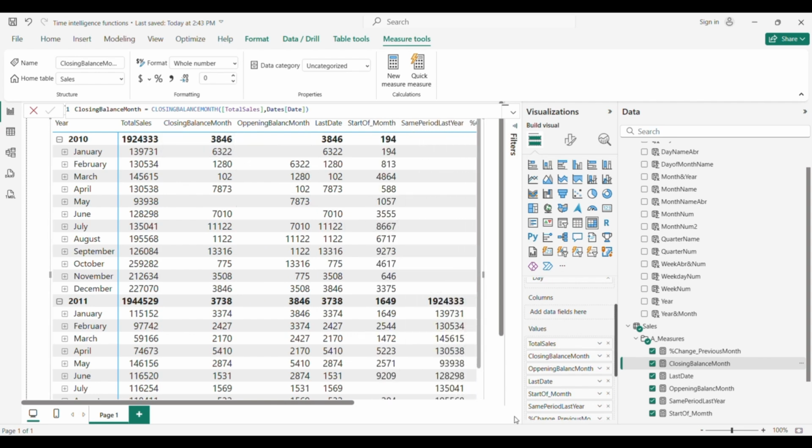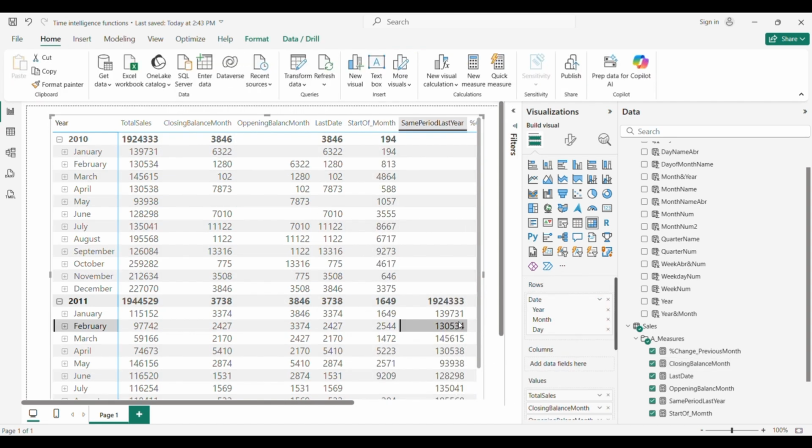So we have now closing balance month, so actually it's the same thing as last date, so we get the same output. Meaning that we get the last day of each month summed up, like sales in our case.